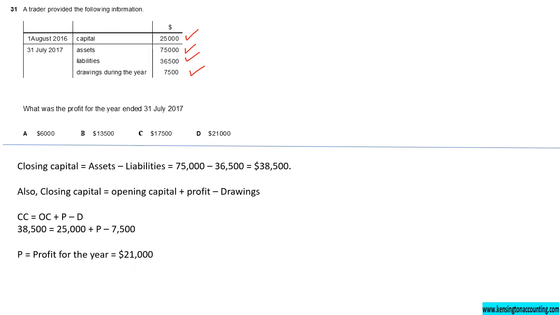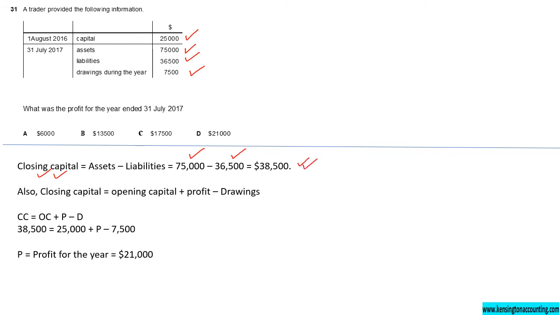Now in the accounting equation, we know that capital or equity is assets minus liabilities. In this case we have the figures for year end, therefore we're talking about closing capital. Closing capital is total assets minus total liabilities. Therefore closing capital is